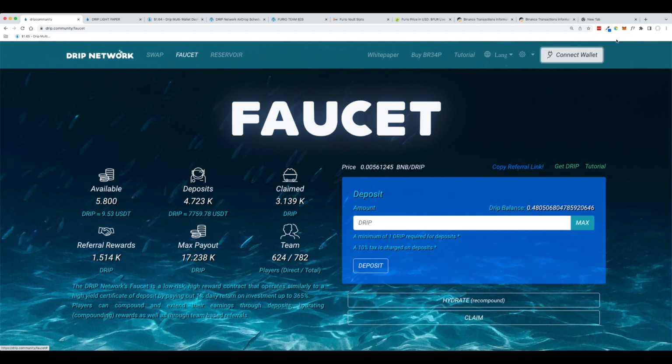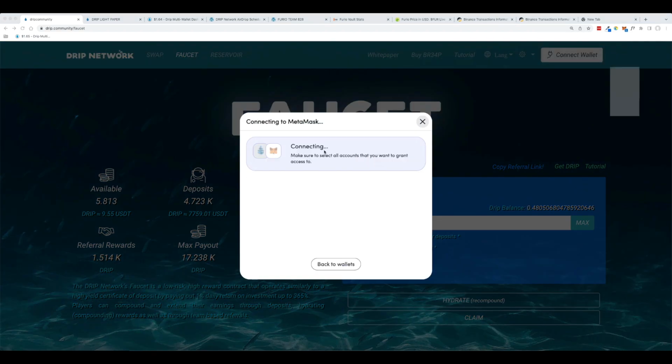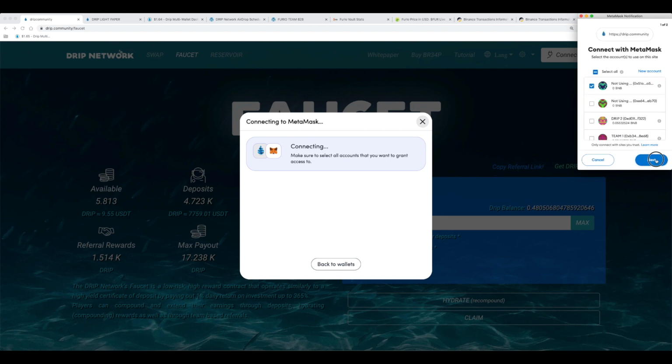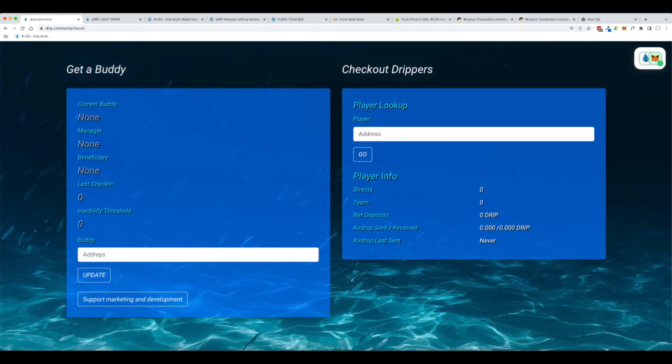Let me show you what that looks like, and I believe that there is actually a button that says connect or send money to development or something like that. So let me go ahead and swap over and disconnect my current wallet, and log in with a wallet that I am not using for anything, that doesn't have any BNB or anything. But I can come up here and click to connect my wallet, and so you could use this information if you were creating that Drip team, starting from scratch, and you want to minimize the number of referral rewards that are split up. You connect your new wallet, and when you come down here, instead of just pasting in someone's address,